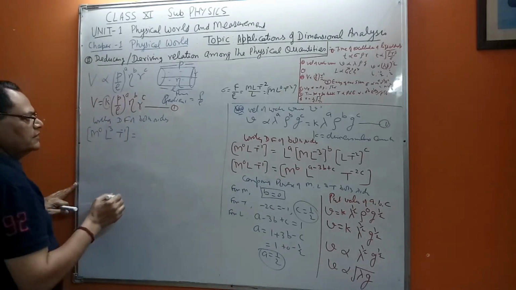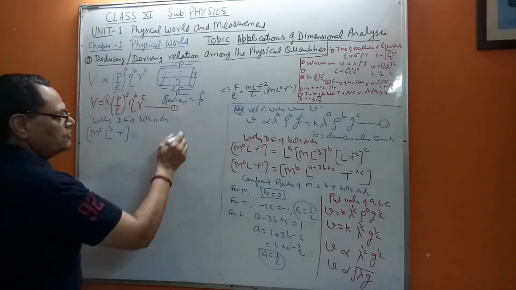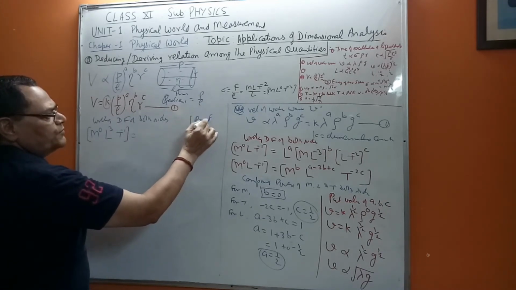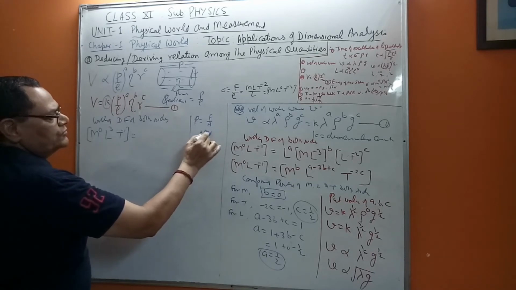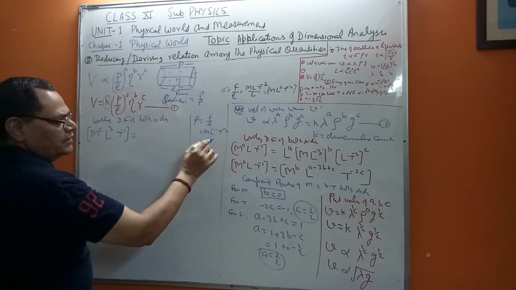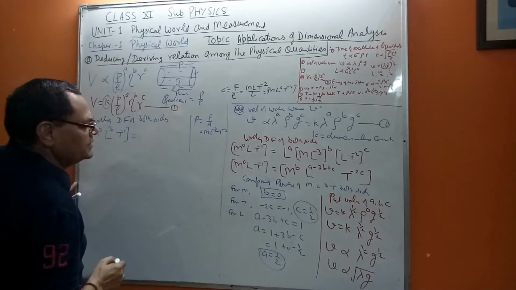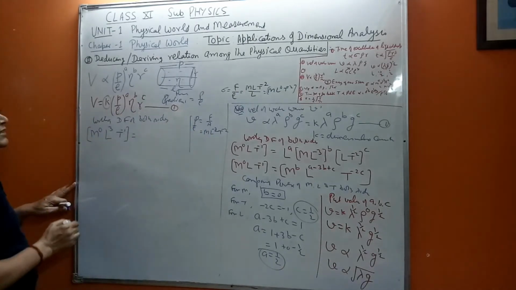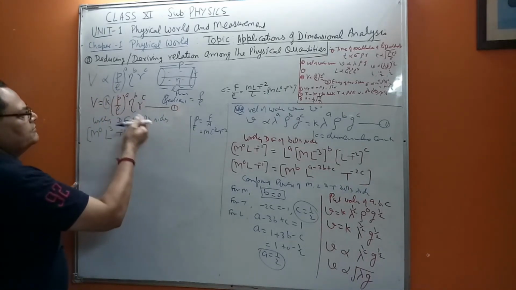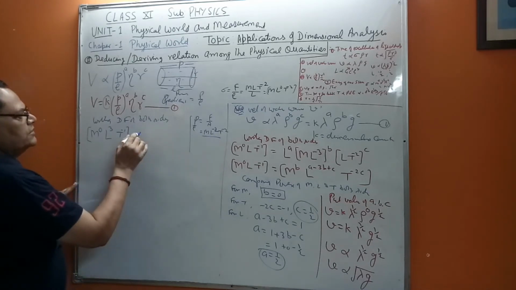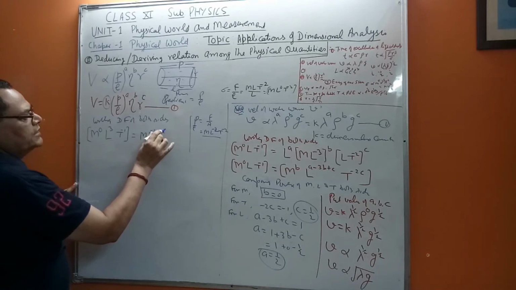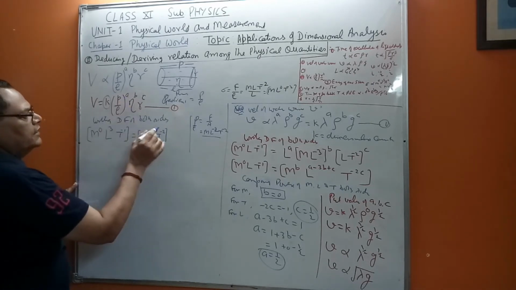Now pressure gradient, we don't know as of now. So first of all you find out the pressure. Pressure was basically force upon area, so this was equal to M L minus 1 T minus 2. But again divided by L, therefore L minus 2. So this will be the dimension formula of pressure gradient. Or you can write separately also. Here I have written the pressure gradient directly: M L minus 2 T minus 2, raised to power a.